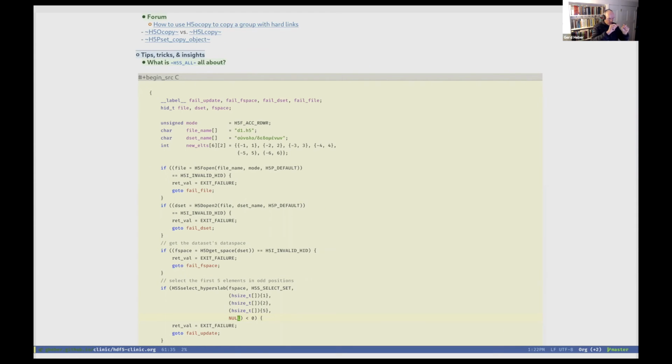Okay, so this is a selection on a one-dimensional data space in the file, where I've skipped the first element, selected the next one, and so on. In C notation, depending on if you're a C or Fortran person, we have skipped 0, selected 1, skipped 2, selected 3, skipped 4, selected 5, and so forth. So 5 of them. And so that's our selection in the file space.